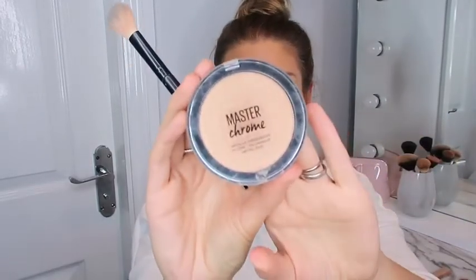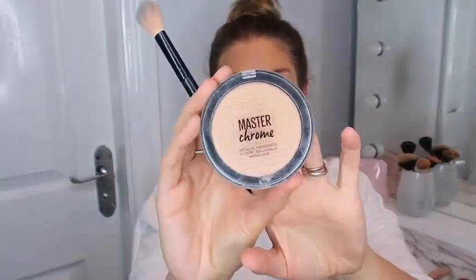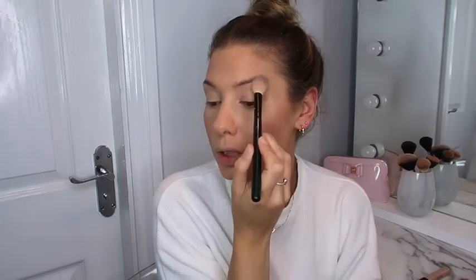And then for highlighter, like I said, I'm not mad keen on that one, so I'm going to go in with this one. Now this is obviously a cult favourite, and it's the Maybelline Master Chrome. It is a blinding highlighter, that's for sure. I tend to just pat mine on like so. But if you want to glow up, this is the one. I'm just taking it up the cheekbones and then under my eyebrow,